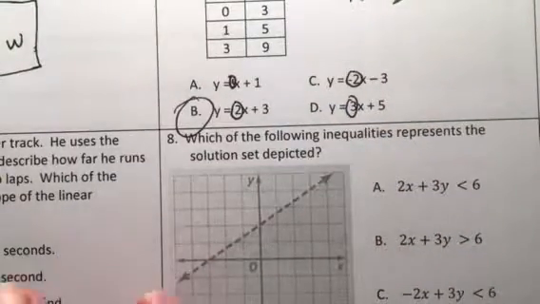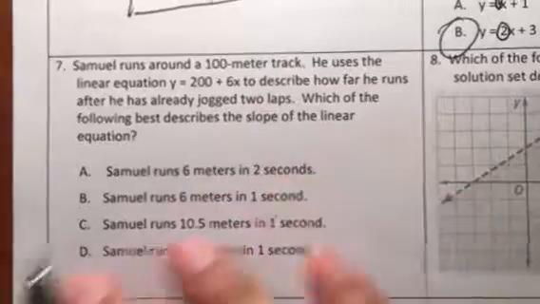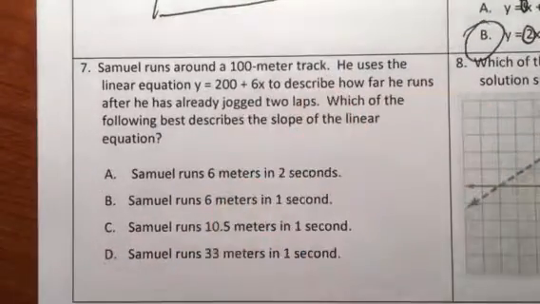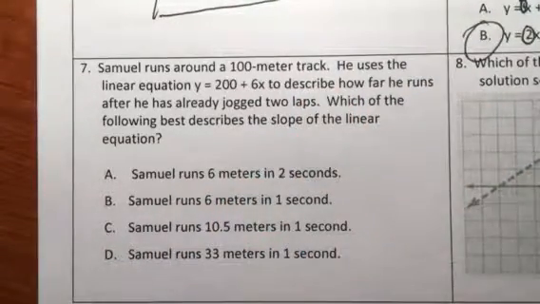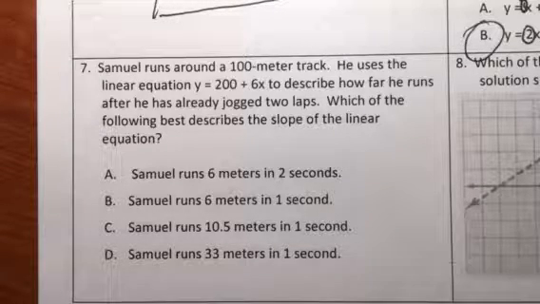All right, number 7. This is one that y'all saw on, I believe, the Unit 5 test, and some of y'all did not do so well on it. Okay, so Samuel runs around a 400-meter track. He uses the linear equation y equals 200